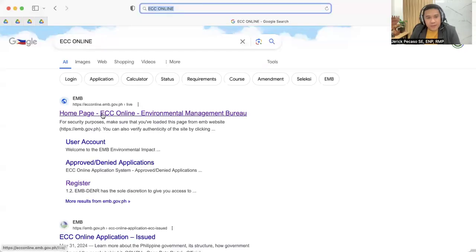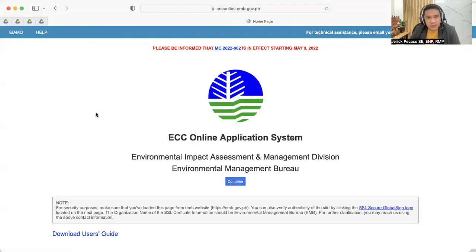You can apply for your environmental compliance certificate through this page, the ECC Online application system of the Environmental Impact Assessment and Management Division of the Environmental Management Bureau. So that's the first step, to go to the appropriate web page for the application of ECC.